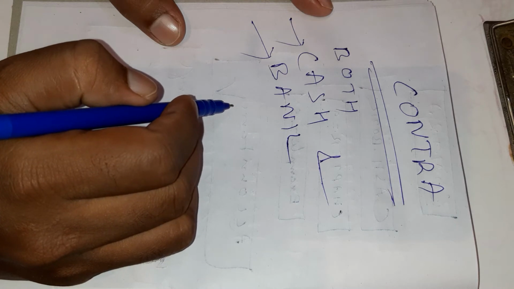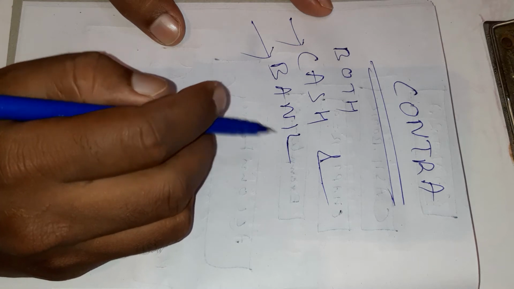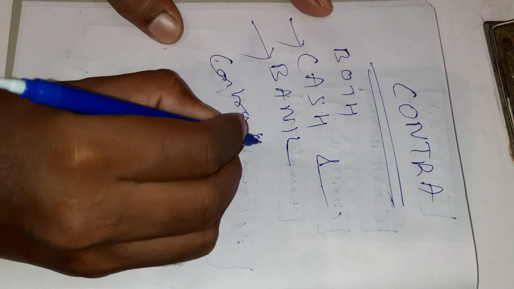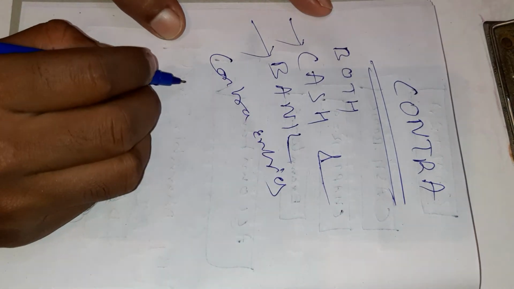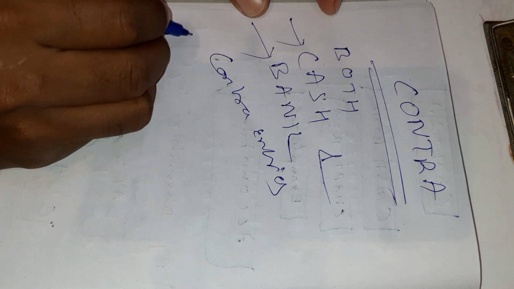The balance of one increases and that of the other decreases due to such a transaction. Such transactions are entered on both sides of the cash book. Such entries are known as contra entries. Now I am going to give you some examples, then you can understand it very easily without any problem.